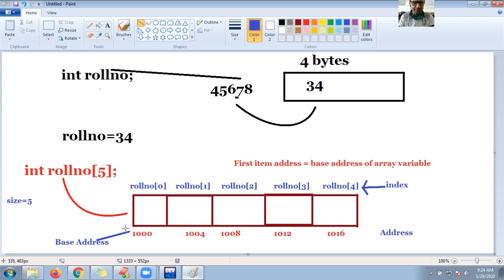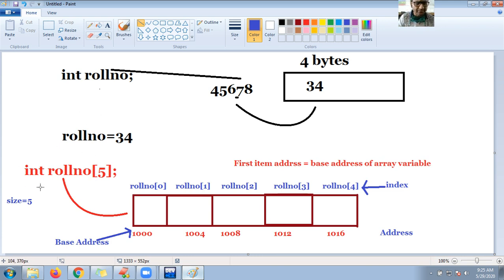So 1000 is the base address for the array of type integer whose variable name is roll number. This is the memory location, guys. The base address, or you can call it the starting address, the first item address, is also called the base address, and the base address of roll number is, in this case, 1000. Okay, guys, so this is a simple example.